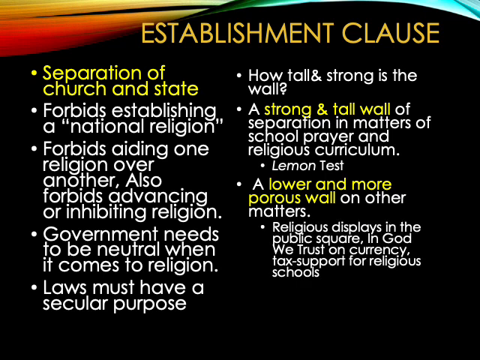So the Supreme Court has allowed religious displays in public squares and in city halls, as long as they are diverse and anybody who wants to have a religious display can have it. So that's when the Satanists come out and the Festivus pole comes out. And it's like, hey, if the Baptists can have their display, we want our display, and they're bound by the Establishment Clause to allow that diversity of display. In God We Trust on our currency is allowed. Tax support for religious schools is allowed. Getting tax breaks for religious entities is allowed. And you can read more about that in the chapter or come by office hours and I'd be happy to talk to you about it.